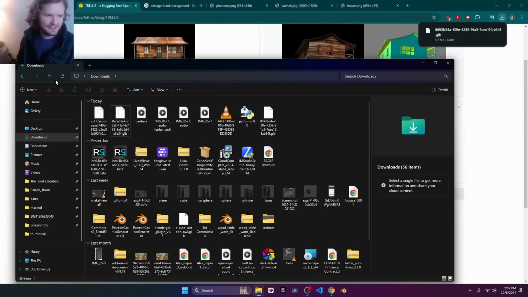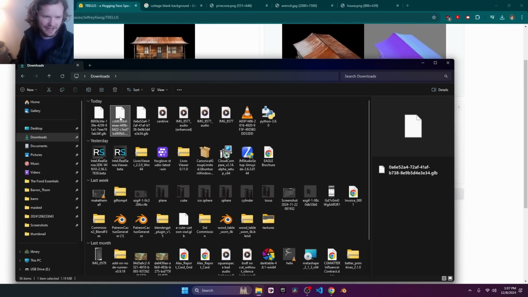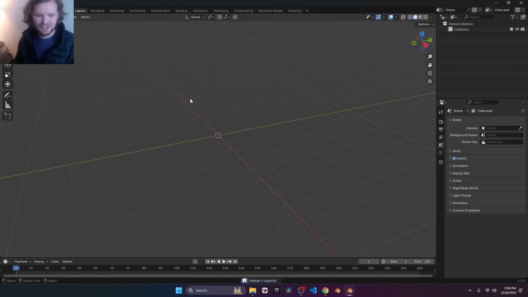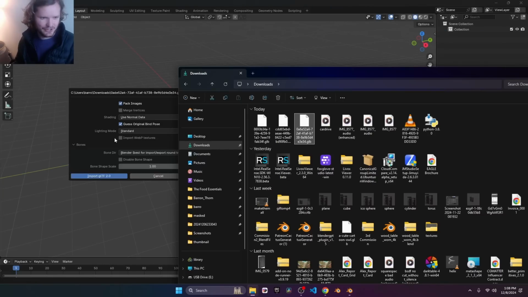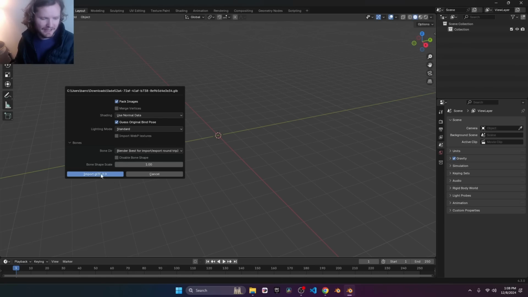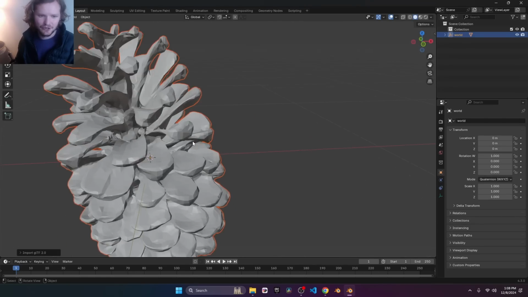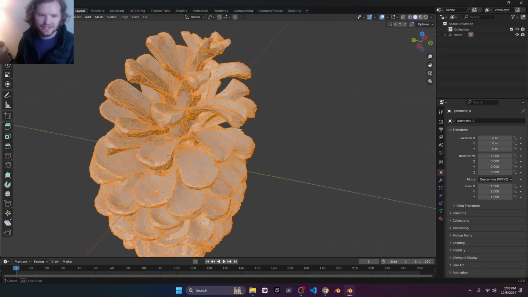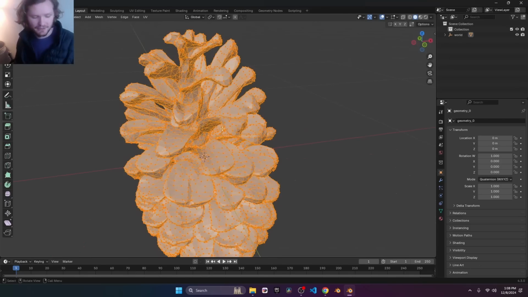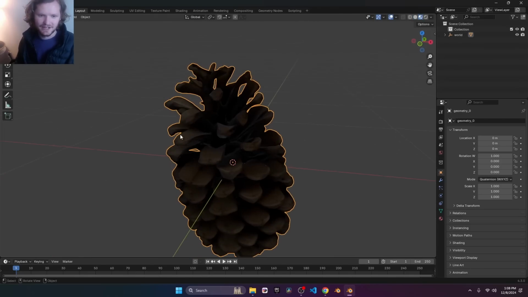And what you are going to see is we have a bunch of GLB files that should have everything packed in. I believe nowadays we live in a click and drag territory, so let's drag this in, pack images, and import GLTF. And here you can see the pinecone model. Very interestingly, its geometry isn't too dense. This is going to be different for some of the other ones we're going to deal with. Here is kind of like the shaded version.